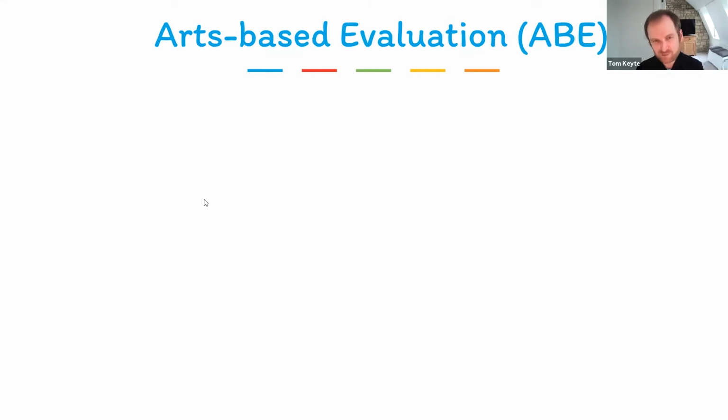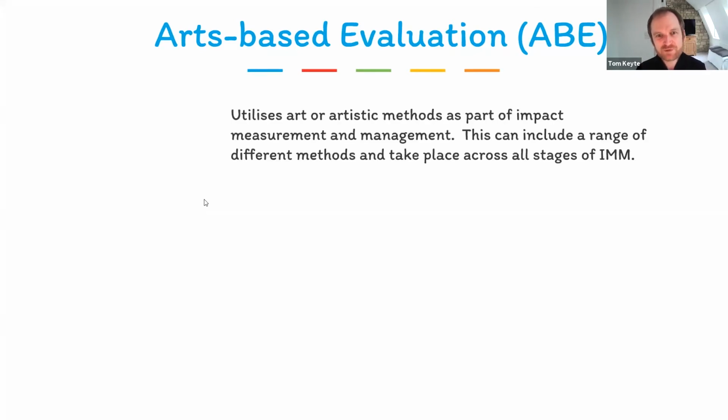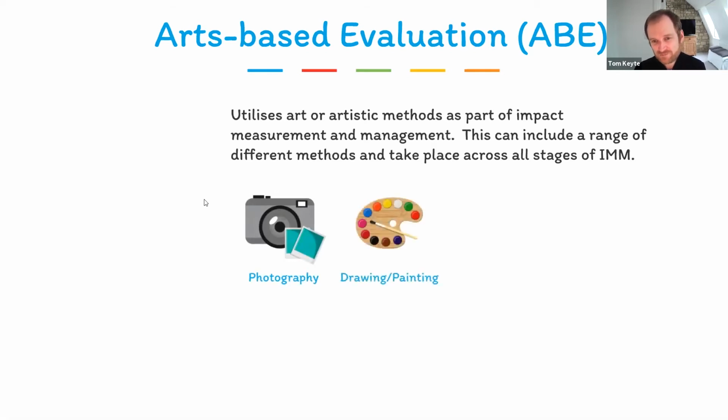So I'll give some examples here. It utilizes art or artistic methods as part of impact measurement and management. And so this can include a range of methods, and it can take place across all stages of impact measurement and management, as we'll come to. So this could be photography, it could be drawing or painting, it could be using plasticine, which as we'll come to, we've used on several workshops before. It could be